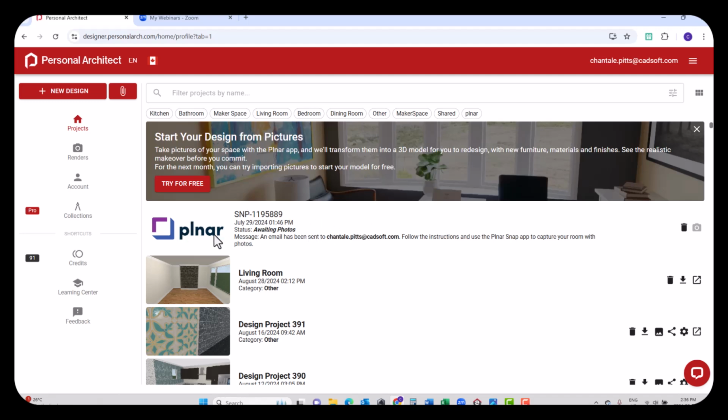Once you've submitted those photos, and it's had time to process them, then it will become an actual project. So you can see the actual project right here. So here is the project that we're working on from the Snap app. So if I open that up,